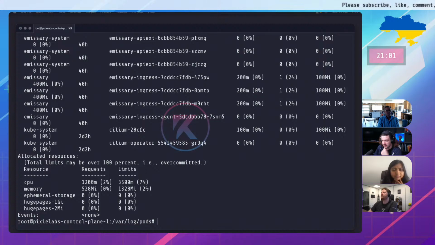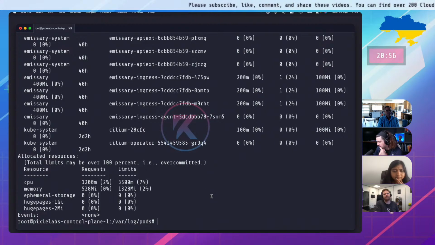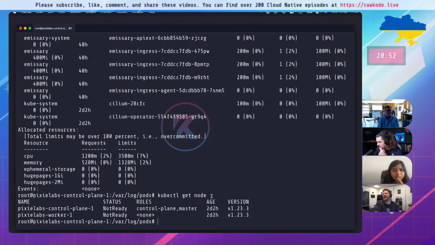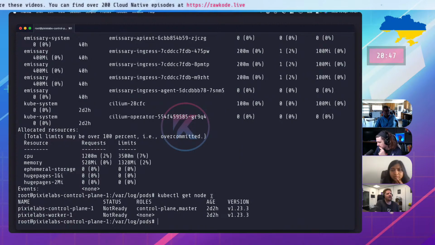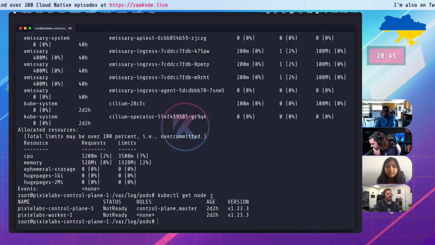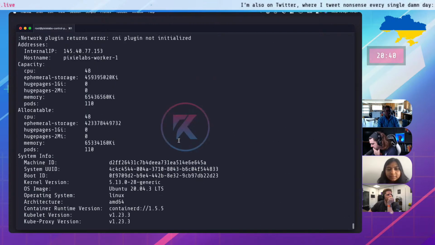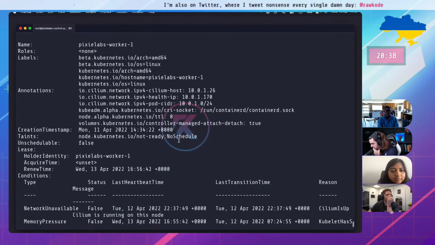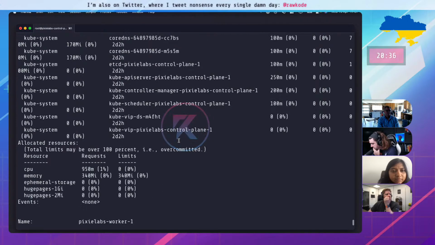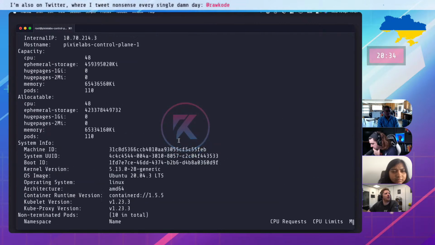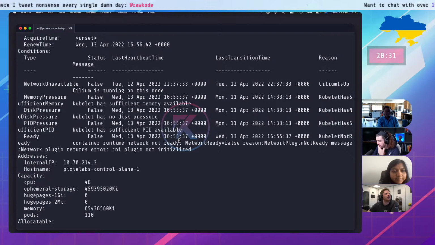Overcommitted. No, it's not. Never mind. It's not overcommitted. Sorry. You've got 20 minutes left. 20 minutes. Loads of time. Are the nodes taking too many resources? Plenty of memory. Yeah, these are fairly chunky bare metal machines.